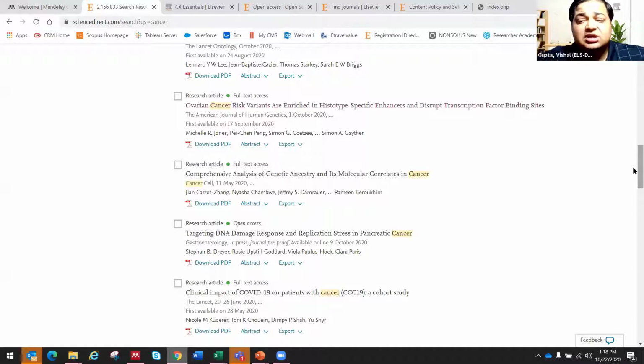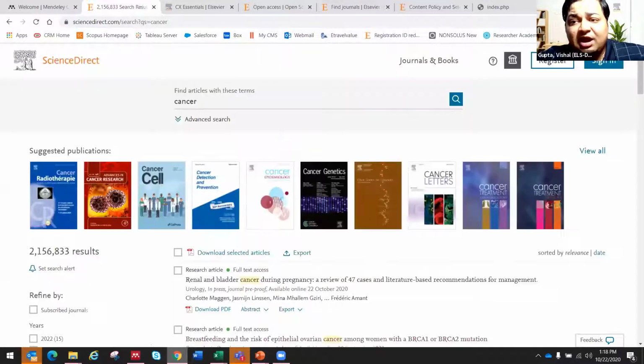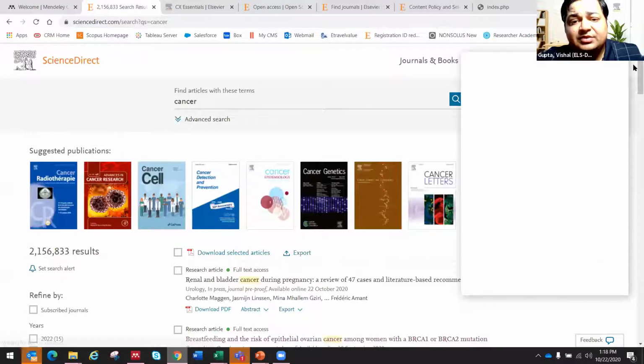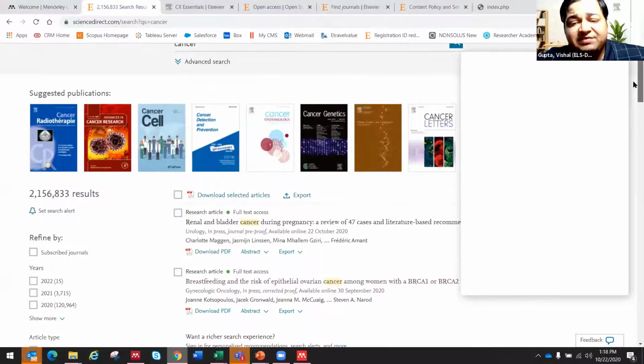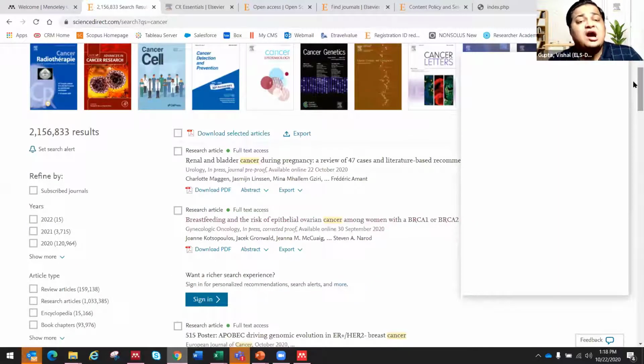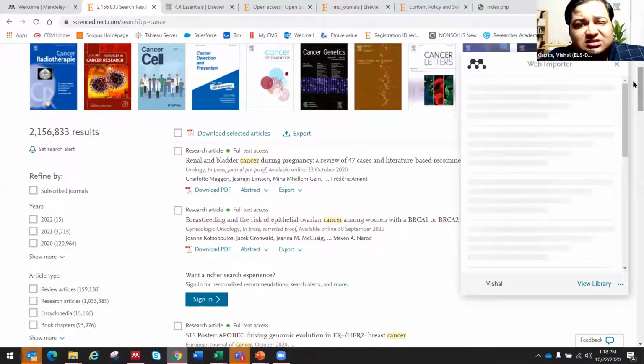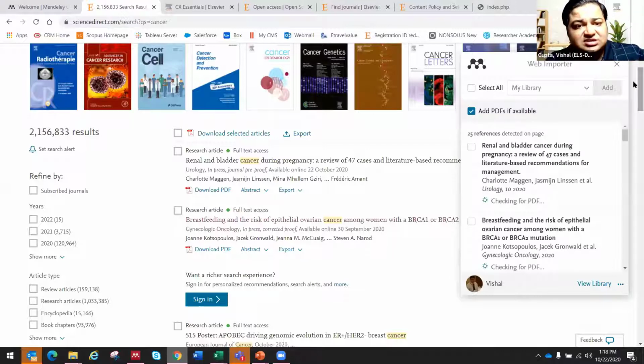How can I do this? I will click on this icon and this icon will open a side window and it will list out all the articles that are present on this page. Now, very interesting. Some of you might be thinking that we do not have access to all the articles. But whenever you search on Science Direct, you can still see the abstracts. You can still see the articles, right? And all those will be listed here. Even if you don't have access to any platform, you can still copy the references directly to Mendeley. And that can save you a lot of time.